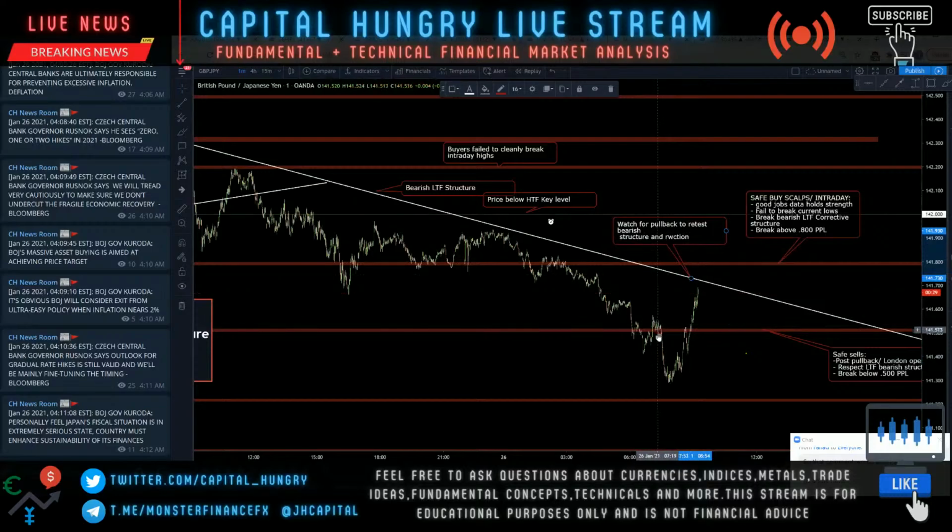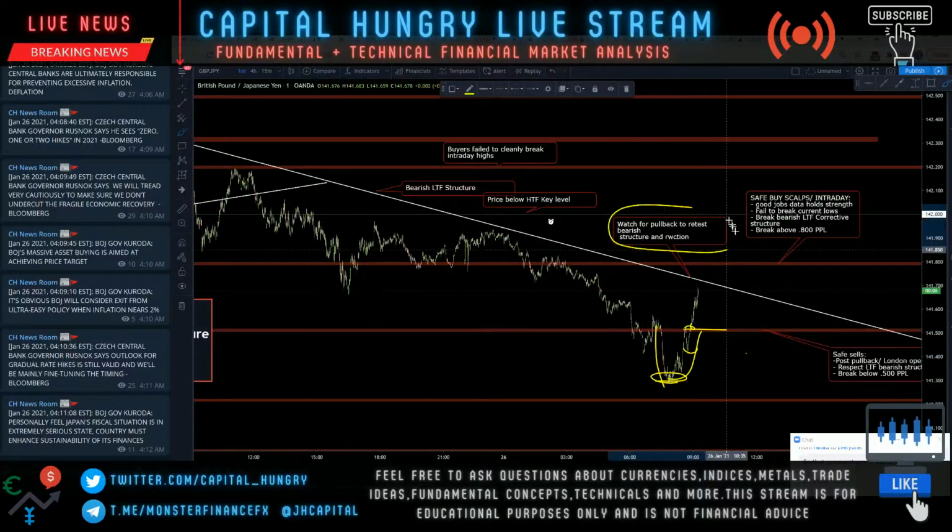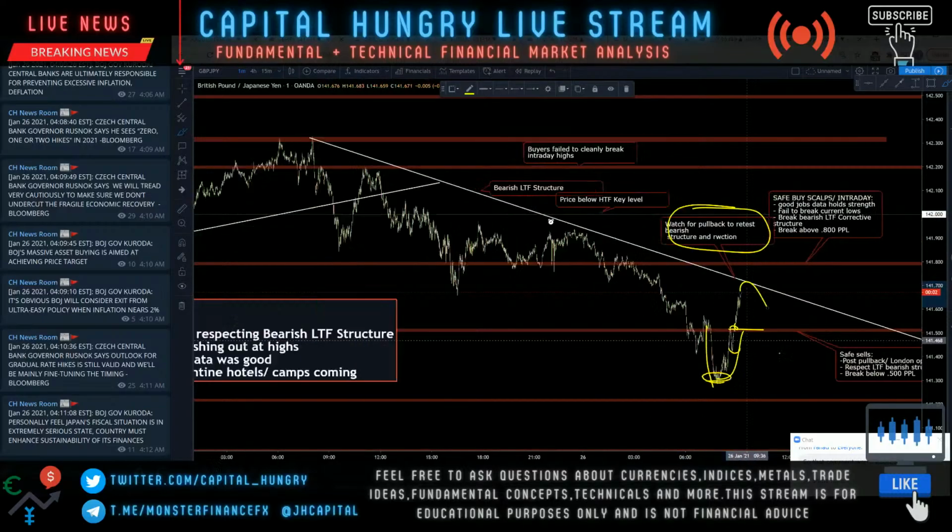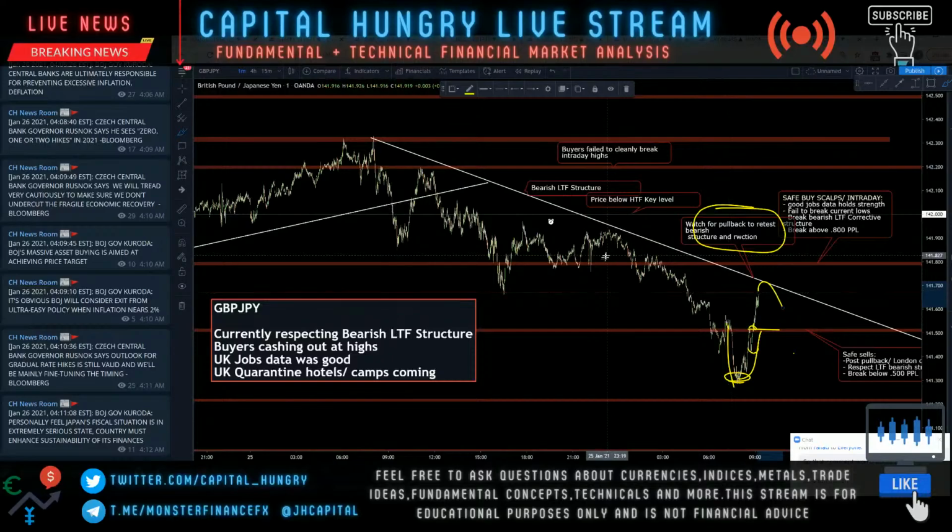These initial impulse sells played out pre-London hours below 0.500. We reacted at previous intraday support. Then we expected London to do a pullback to 141.5. We're starting to look for potential sells here. We had a 10 pip sell reaction here, but then buyers quickly jumped in the next 15-minute candle and broke above 0.5. And then at the start of the stream, we were already very adamant about a reaction at a retest of this lower time frame bearish market structure.